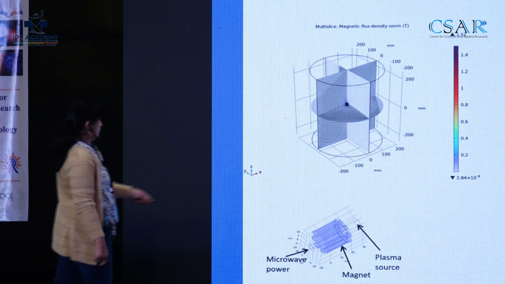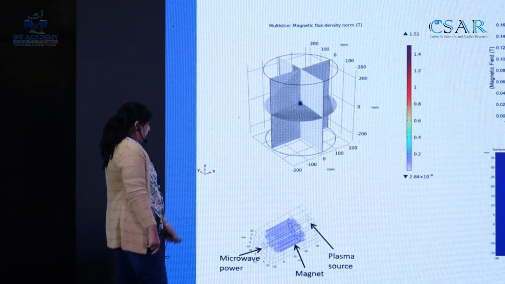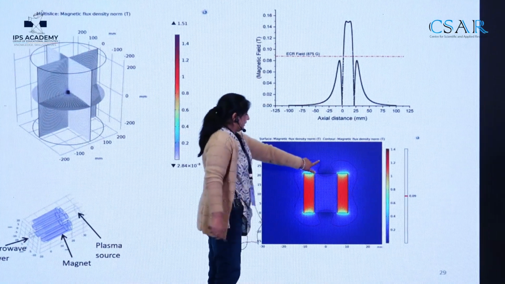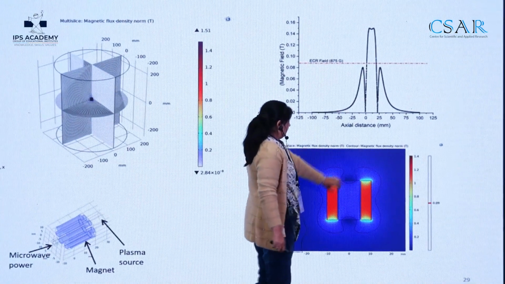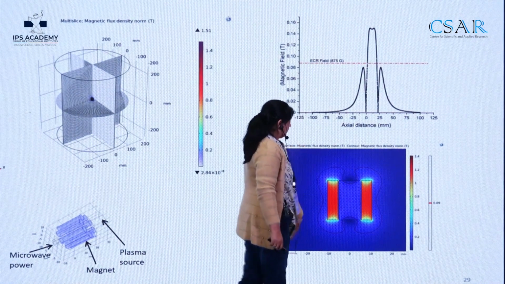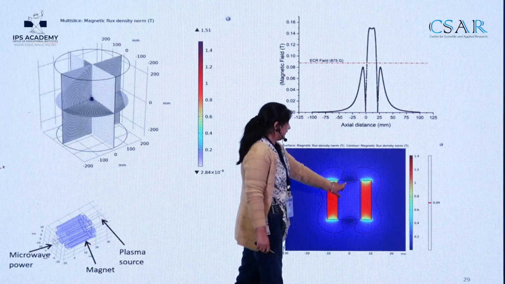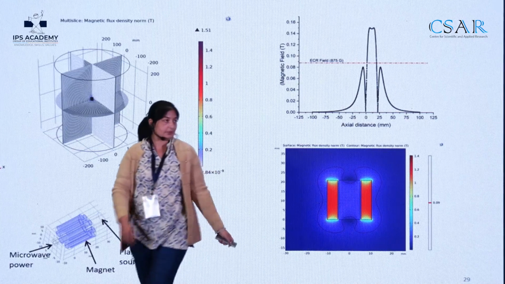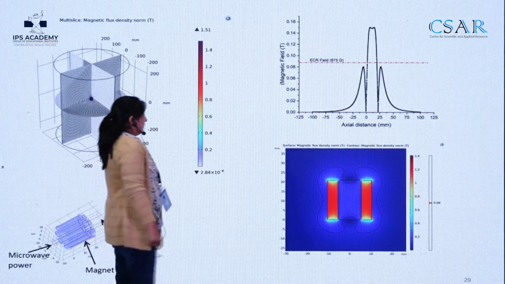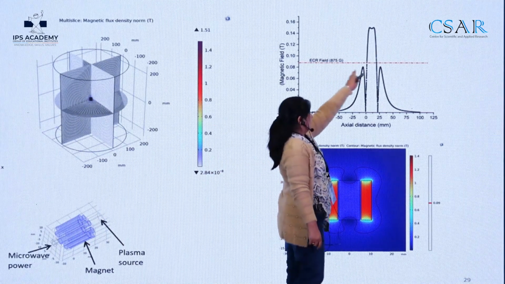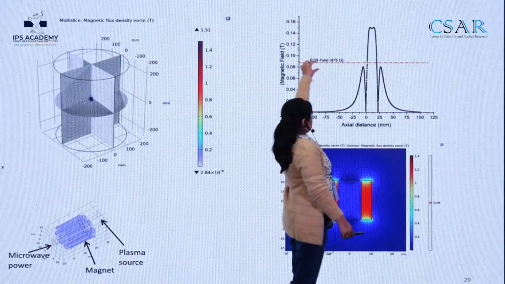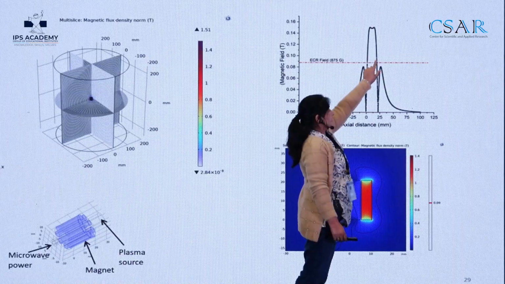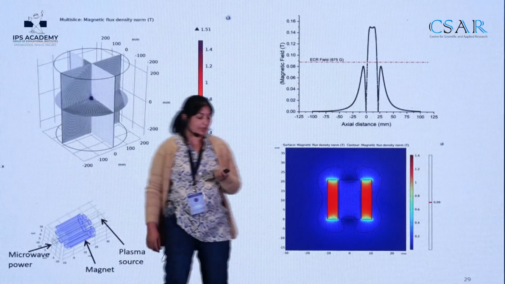So this is the 3D simulation of these magnets, and this is the cross section shown here. The ECR zone is like a cup in front of the magnets. Here the plasma is created, and when this source is connected to the expansion chamber, it fills up there. On axis, we have this kind of magnetic field profile. From one side, we shoot the microwave and utilize just one ECR location for plasma formation.